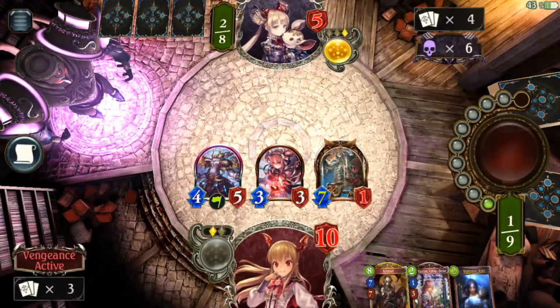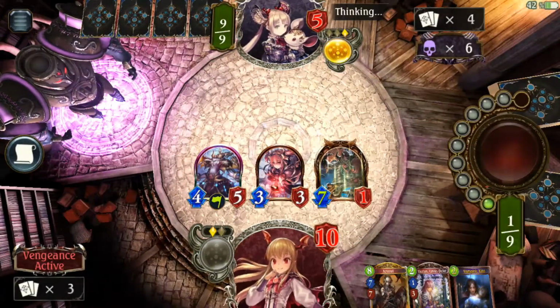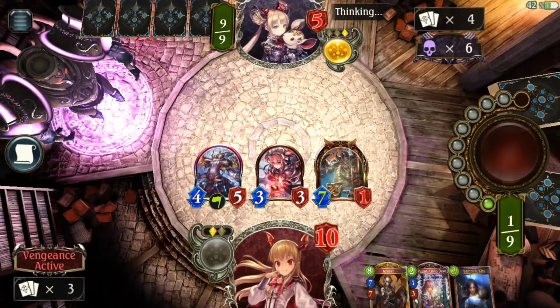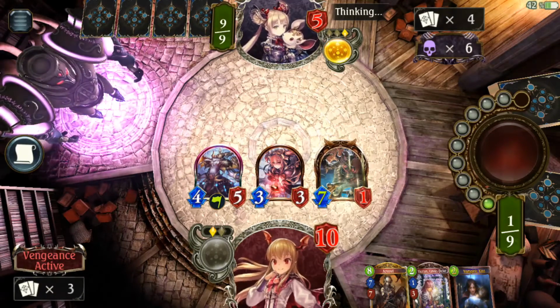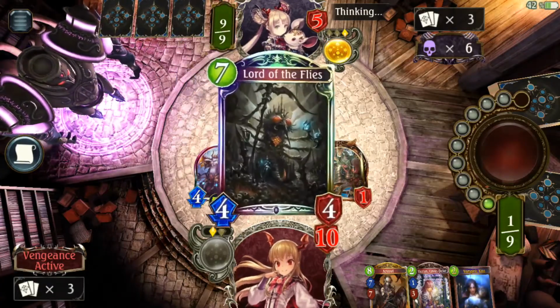Now, he will die next turn unless he has a response to deal with my 7/1, my 4/5, and my 3/3. But he will have to play whatever cards he has in his hand. But yeah, pretty much, that's it for the...